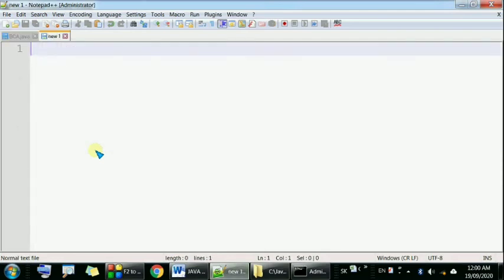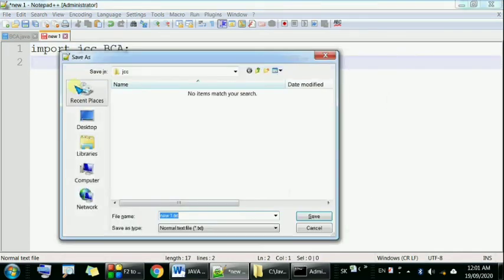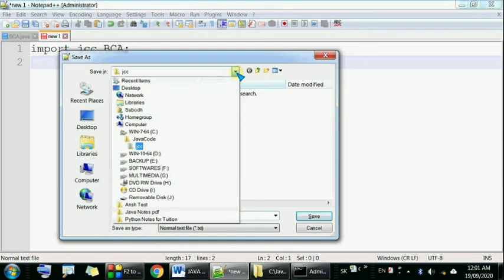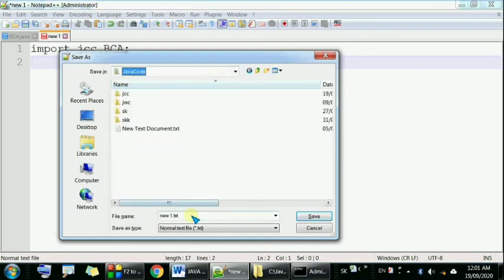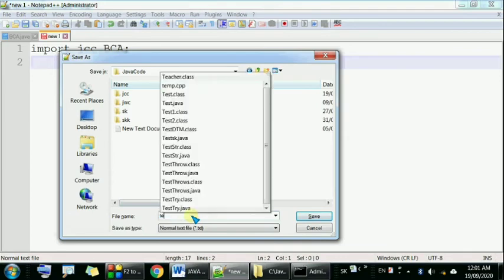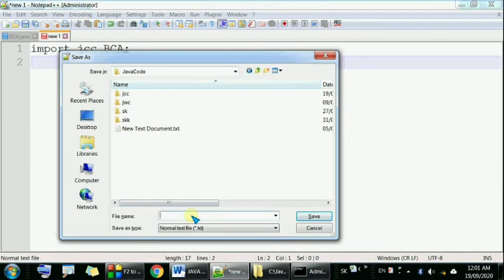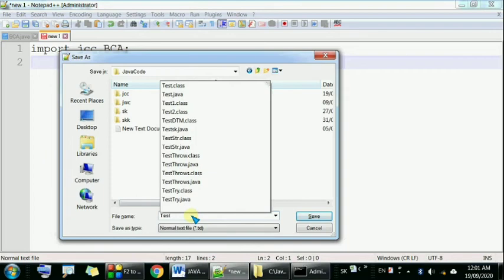First of all, we have to import the BCA class of the JCC package. So import jcc.bca. Now save the program in our source directory Java code, as TestJCC.java.